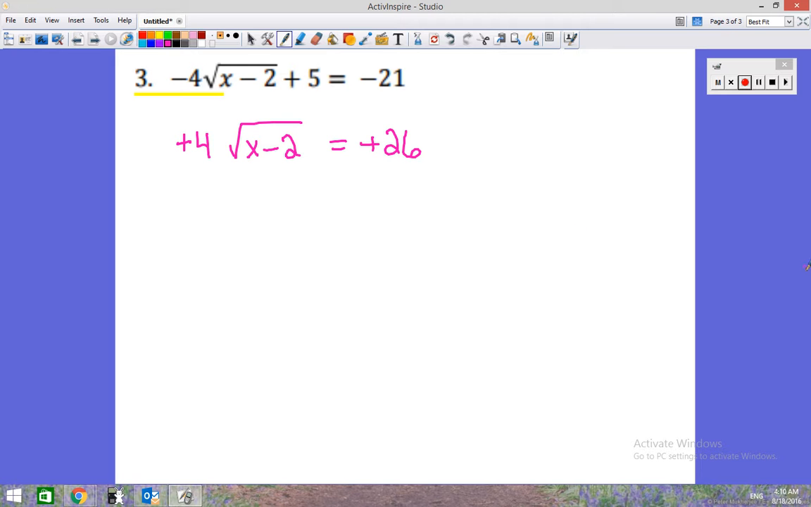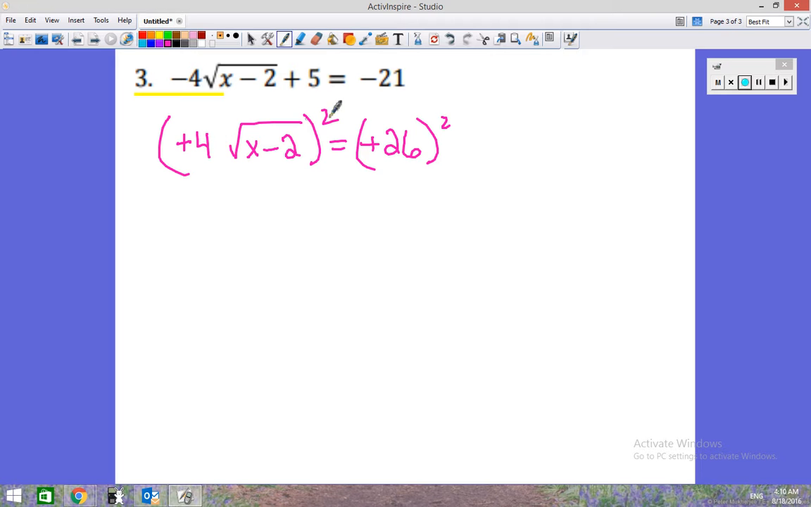Now, I typically don't bother to, the directions will often say, or the process will say isolate the radical, and some students will divide both sides by 4 to get that radical by itself. What I typically do, if there's a multiplier there, I just leave it there, because sometimes I'll get fractions on the other side of the equation if I divide by that constant. When I square both sides of the equation,